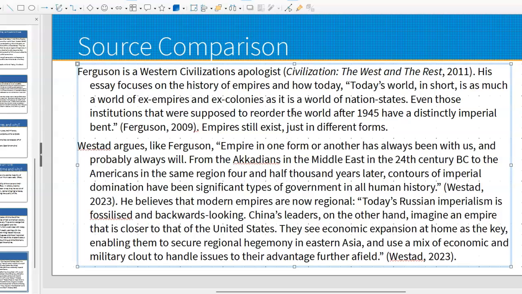He believes that modern empires are now regional. "Today's Russian imperialism is fossilized and backwards looking. China's leaders, on the other hand, imagine an empire that is closer to that of the United States. They see economic expansion at home as the key, enabling them to secure regional hegemony in Eastern Asia and use a mix of economic and military clout to handle issues to their advantage further afield." Which is effectively, as I said, as you go on further in the article, what he argues about the U.S. It's now into regional imperialism,